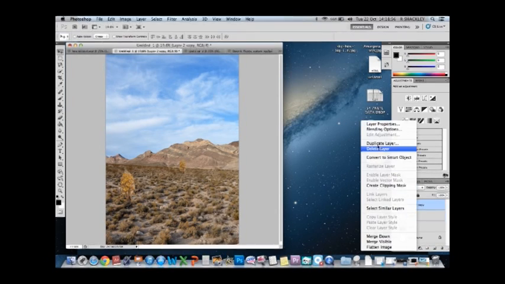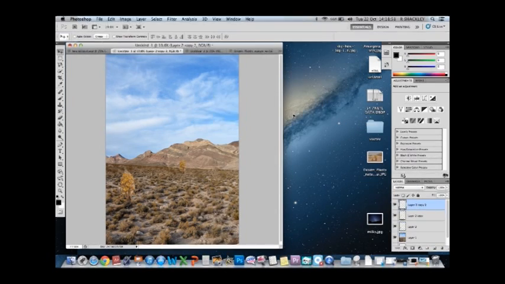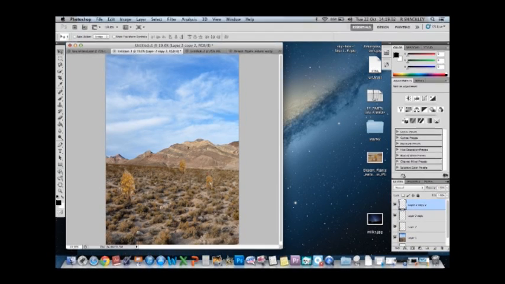Alright, so I'm going to duplicate that again. So control click on it, duplicate it, move the plant, and then press Command and T to change the size of it, okay? So that, even though that's the same plant,